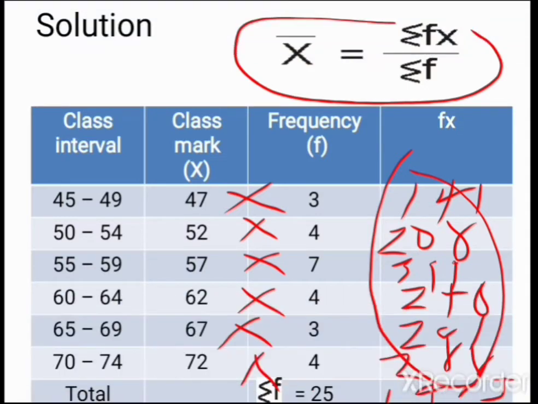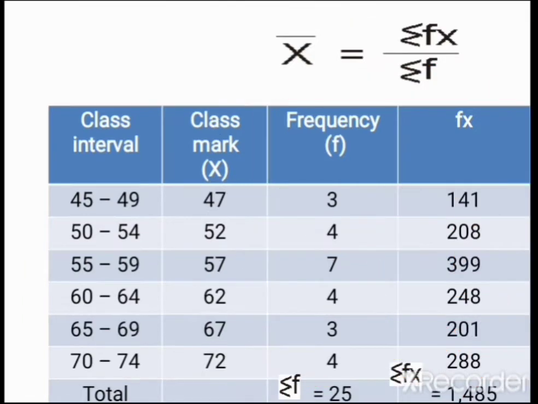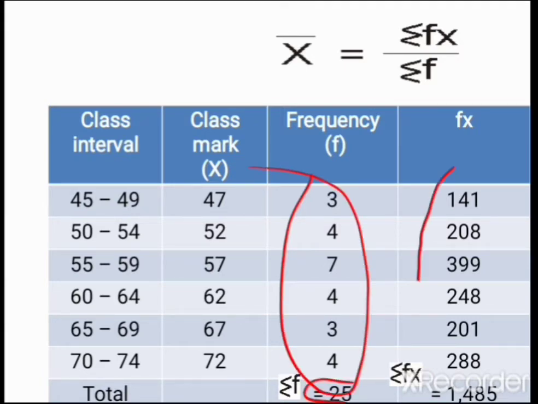1,485. Then if we add all our frequency together, it's equal to what? 25. Let me transform this so that you have a better view of it. Okay, this is the transposed version of it. So if you add all your frequency together, you get 25. Then your Fs, if you add them together, you get